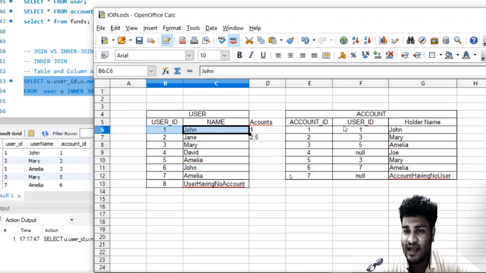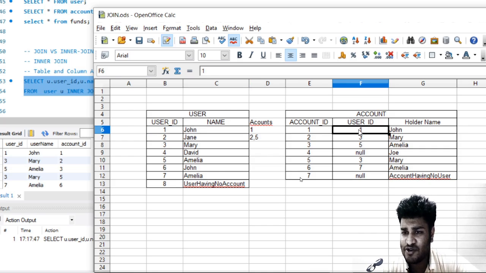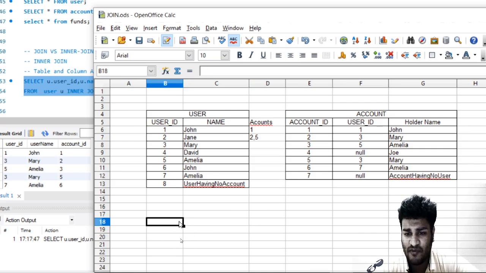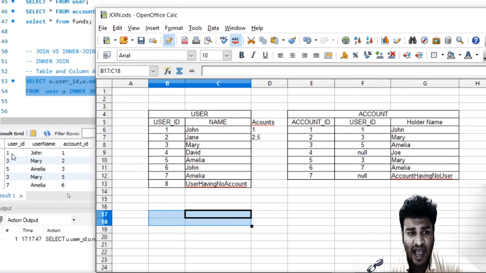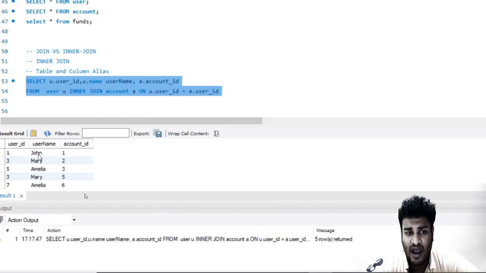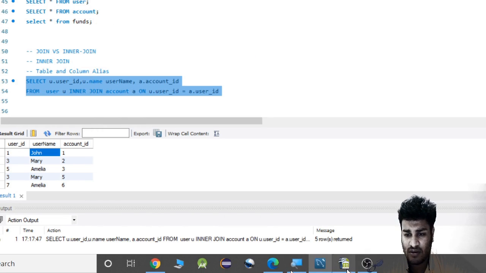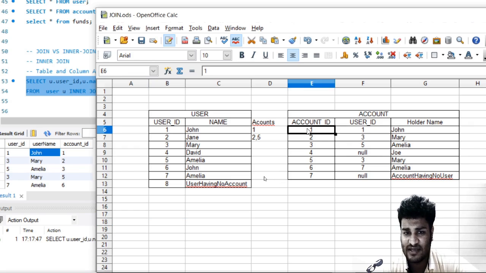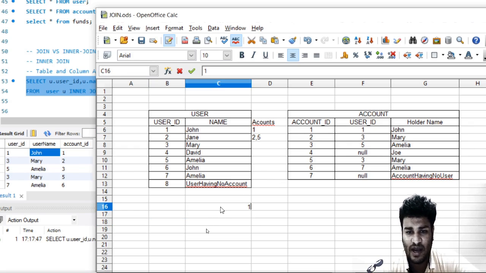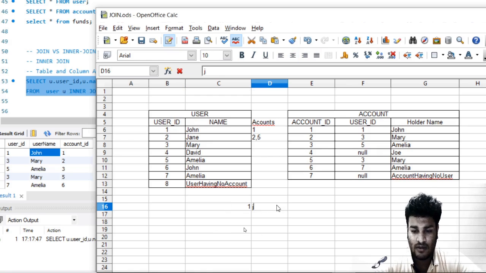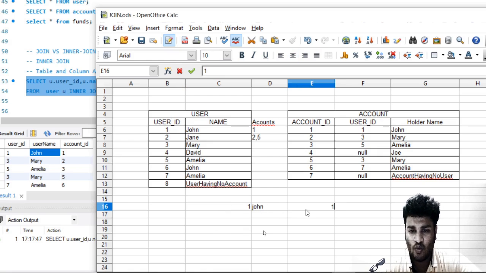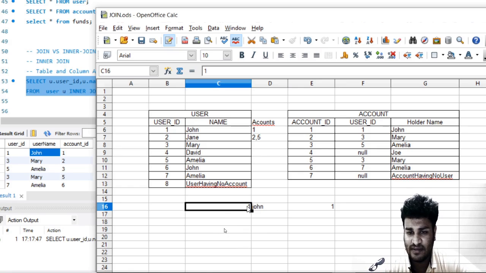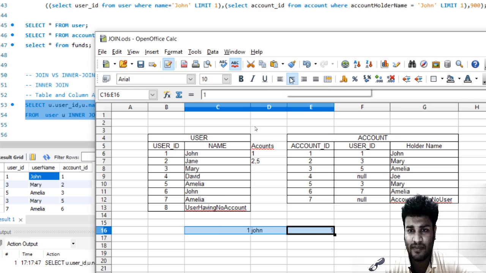It will take John and say user ID John matched. So it will prepare another table, which is the new table formed after join, and it will say user ID 1 is John, and account ID is also 1, which is this, right? So 1, John, 1, these three values will be taken up.